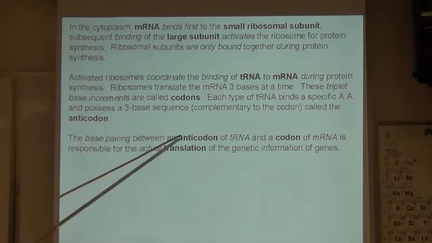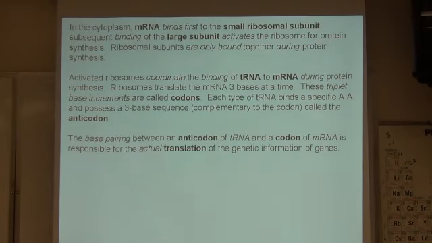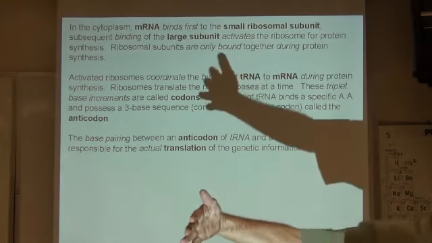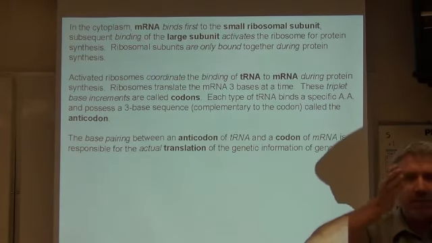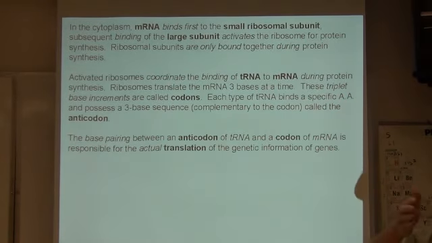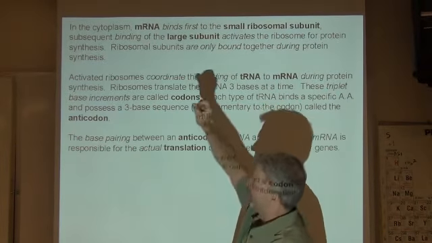Now, it's actually the base pairing between the codon, and a codon is a set of 3 nitrogenous bases, which is read, it's called a reading frame, on the messenger RNA. So you have this long segment of messenger RNA, and it's read 3 nitrogenous bases at a time, which we call a codon. Now, does anybody have a guess why the codon contains 3 nitrogenous bases and not 2? Why do you think the codon would have to be 3 bases?